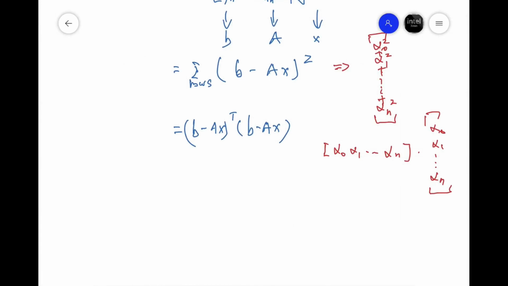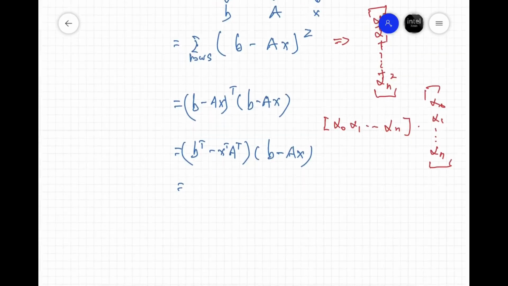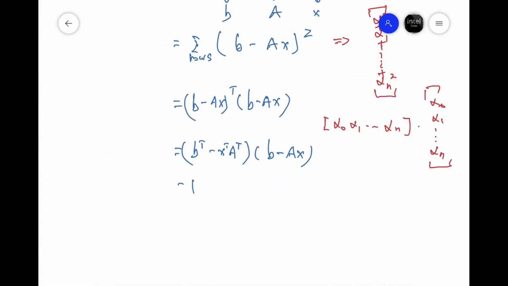Now we can use some tricks that we learn from our linear algebra. For example, let's take the transpose into the values inside the parentheses. Then we have B transpose minus X transpose times A transpose. Naturally, we apply the distributive law, and continue on the second part. Right. So,